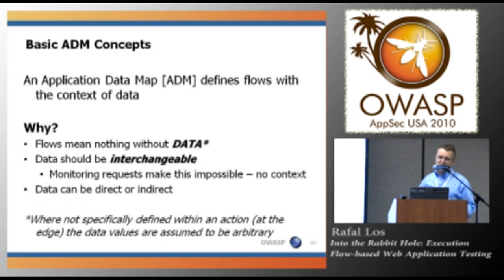So, basic ADM concepts, application data map concepts. An application data map defines flows within the context of data. So this is data-driven testing. Guys, we've been talking about data-driven security testing for I don't know how long. I know many of us haven't been paying attention, but that's a different story. Flows mean nothing without data. So a lot of these flows you can draw, but if I strip away all the data on them, it's just boxes and arrows. Because 90% of the time, once the application complexity starts to ratchet up, I can't ever get past like the second or third box without specific